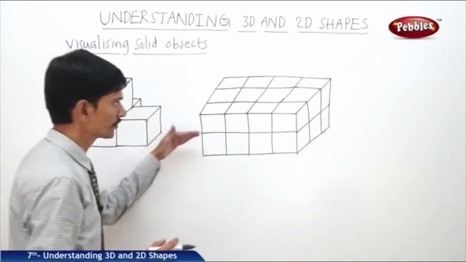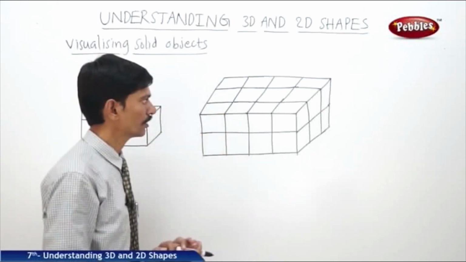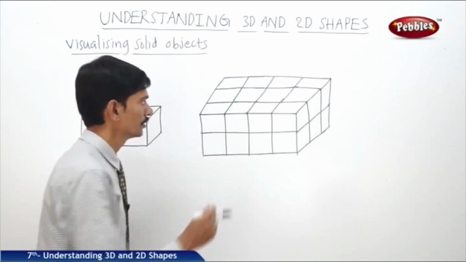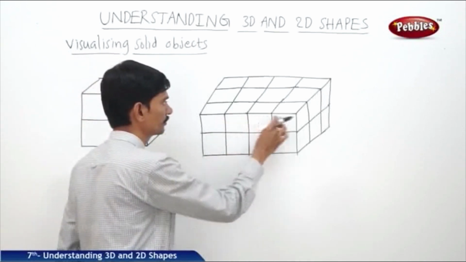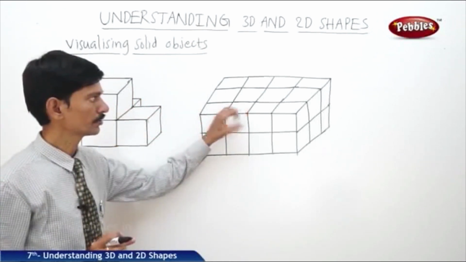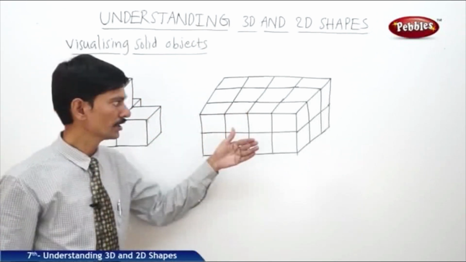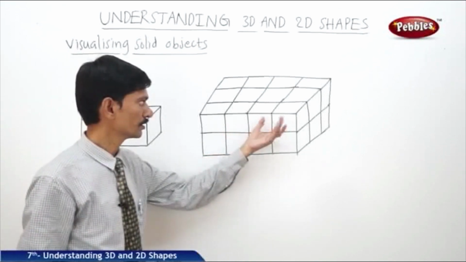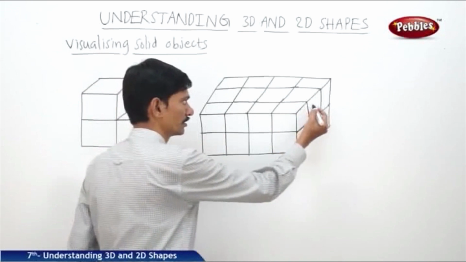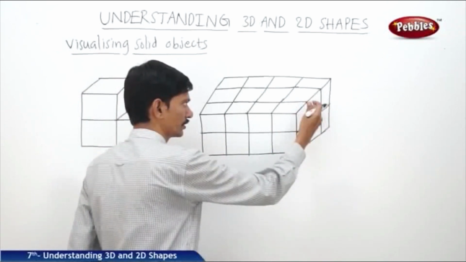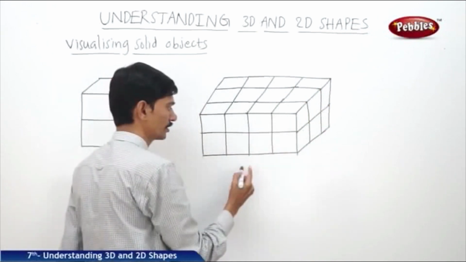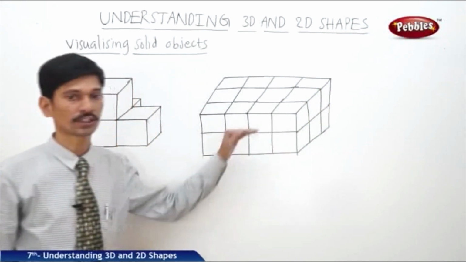Now if you arrange cubes of the same dimensions systematically, we get here 1, 2, 3, 4, 5, 6, 7, 8, only 8 cubes are visible. But in this solid shape there are 8 more cubes in the second row and again 8 more cubes in the third row. So totally there are 3 eights are 24 cubes in the given solid shape.